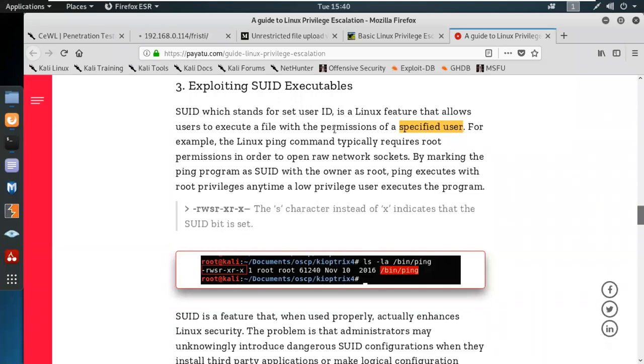For example, the Linux ping command typically requires root permission in order to open a raw network socket, a normal packet. By marking the ping program SUID, with the owner as root, ping executes with root privileges anytime a low-privileged user executes the program. You can see